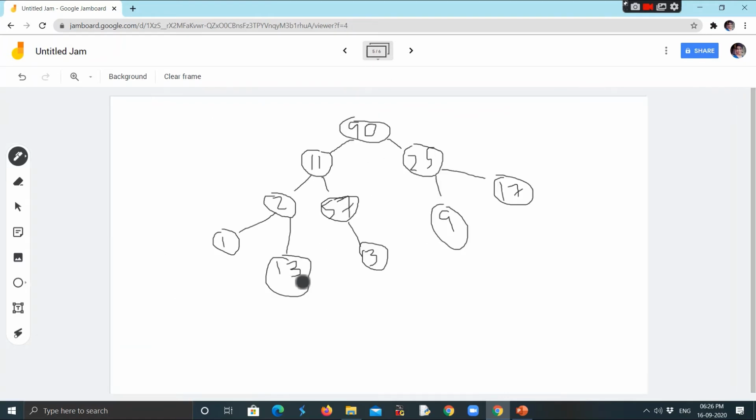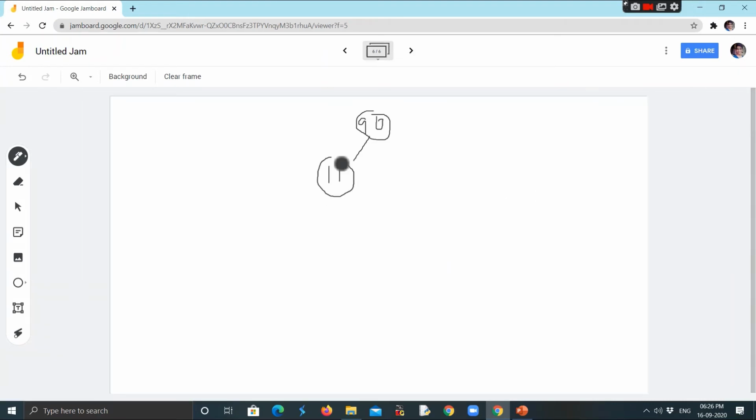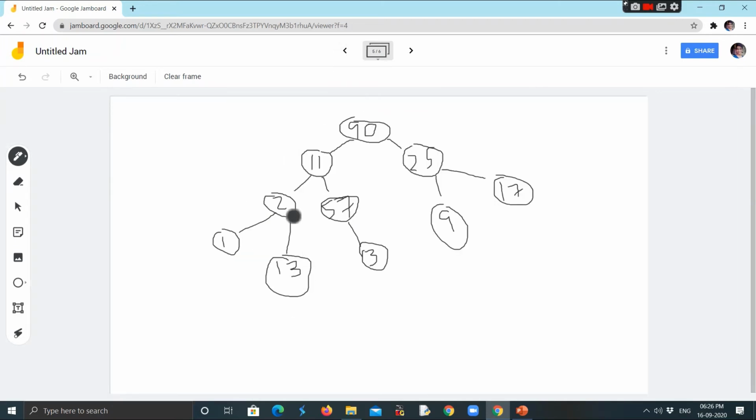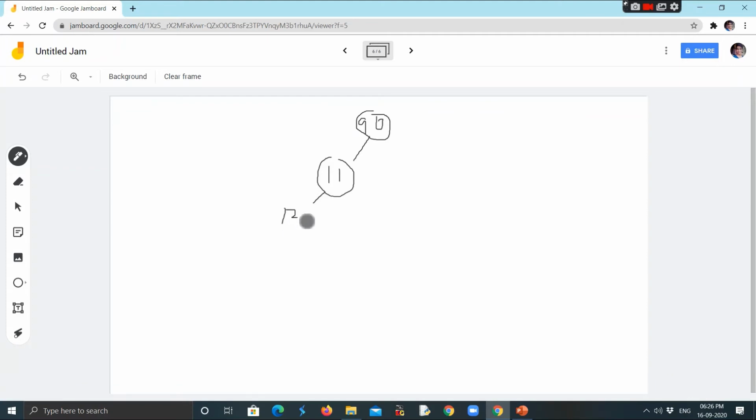Then what we have, let's start from the lowest position always. So 13 should come here. Then first we have 11 over here. Then 13 will replace it, so it becomes 13 here and 2 over here. So it becomes 13, 2 and 1 here. Yes. What's the value over here? It's 57 and 3. What we have over here is 25, 9, 17.